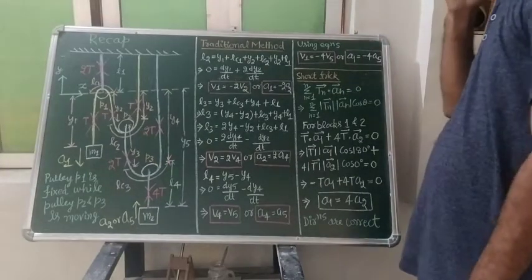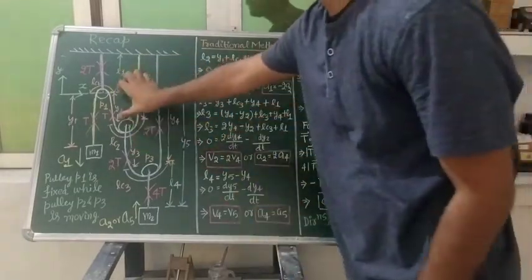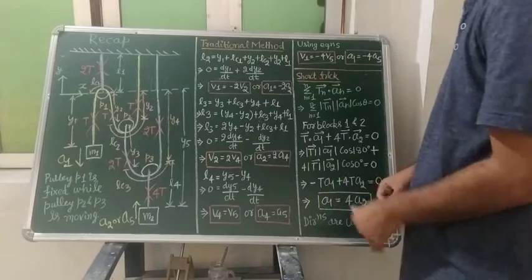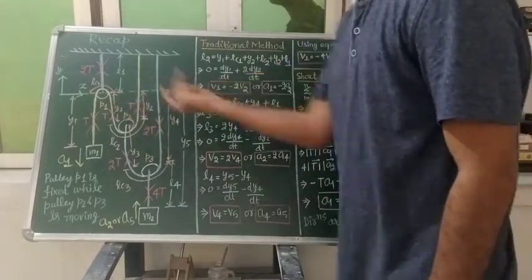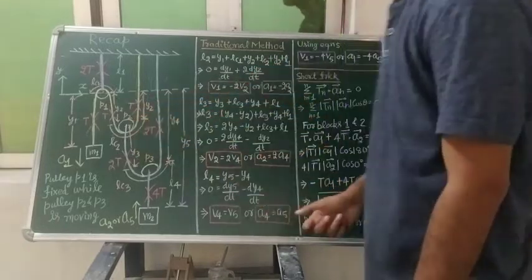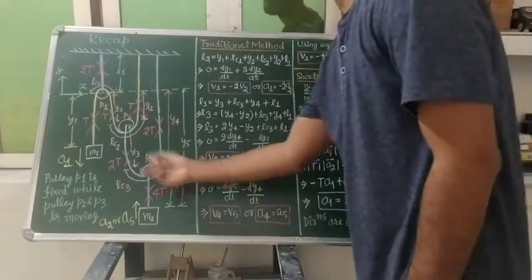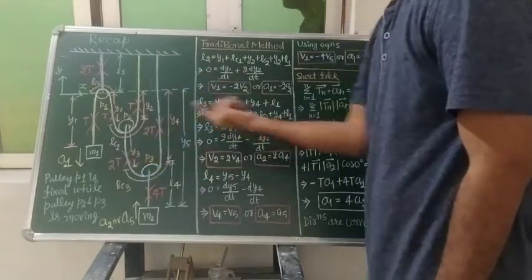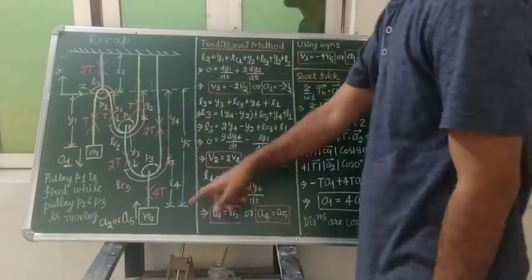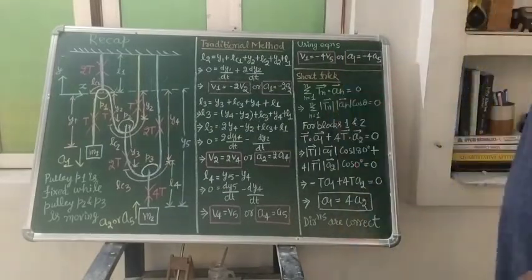So students, if you are talking about the velocity of y2, or the velocity of pulley P2, or the acceleration of y2, or the acceleration of P2, it will be the same acceleration and same velocity. Why? Because this pulley is attached to y2. Similarly, the acceleration or velocity of y3 will be the same as the acceleration and velocity of pulley P3, because it is attached to y3. So whatever the velocities and accelerations of the strings are, the same will be the velocities of the pulleys present on that string. Keep that in your mind.